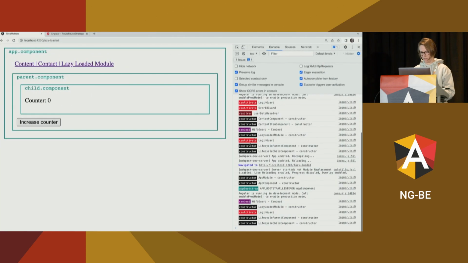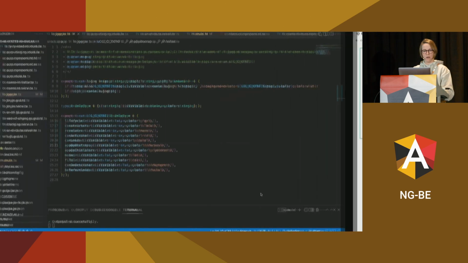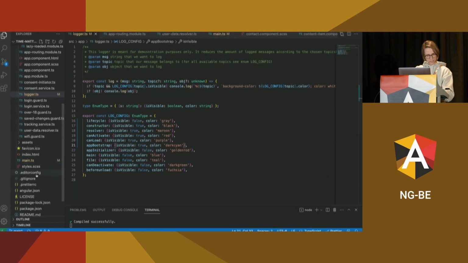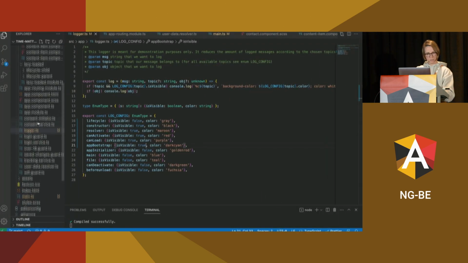Let's have a look. Here it goes. So we see the app module constructor, we see the app component, which is the bootstrap component, and after that, the app bootstrap listener injection token is being called. So what does it look like? If we have a look at the app module,